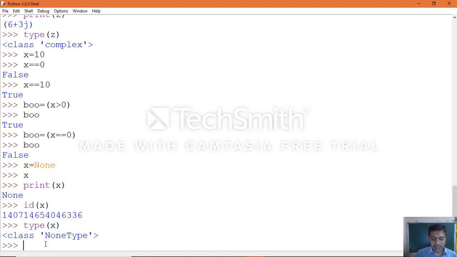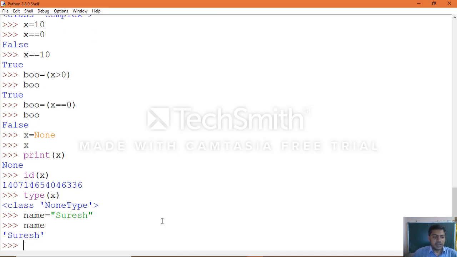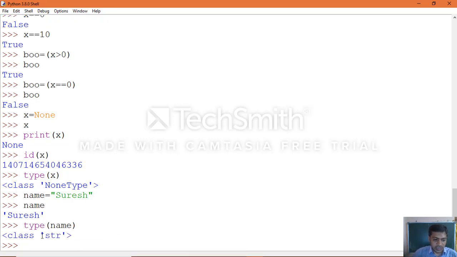Now we are proceeding with another data type, that is sequence, an ordered collection of data items or values, which we call a sequence. There are three types of sequence which we saw: strings, tuple, list. We will see them one by one. String variable, how we can define: name equal to, for example, then print the name. Yes, it will print. Then if you want to check the data type, you can check type of name, the variable which we used, which is a string type.